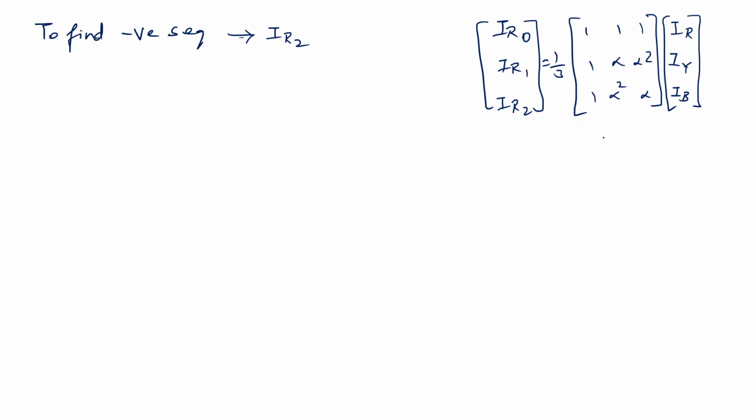Okay, so this is the formula. So we need to find out negative sequence IR2. So negative sequence IR2 is this one. So if we need to find out IR2 is equal to